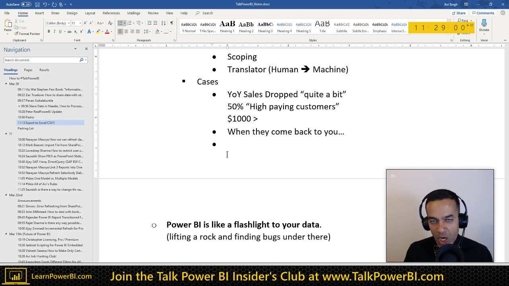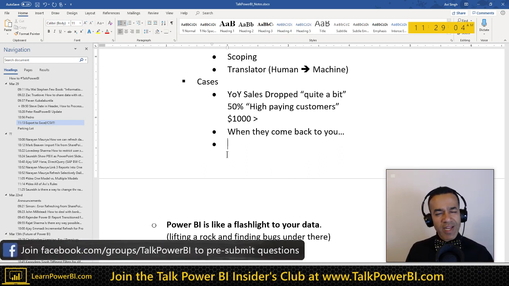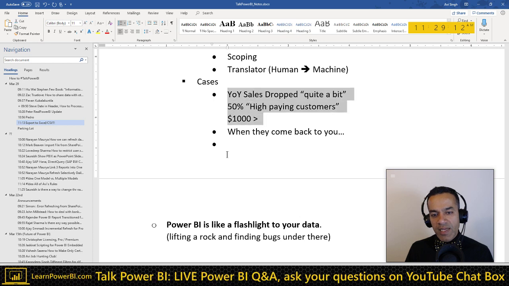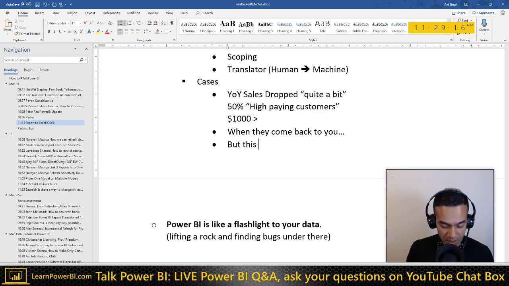You didn't excel in your job. So if you want to own up to this, you want to be the Power BI model author, and this is such an incredibly powerful position, generally, you want to see people come back to you. So Shauna got this, and they came like, hey, Avi, that's awesome, but this new scenario.